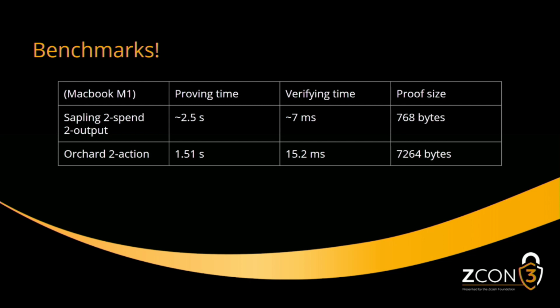And verifying time, well, this would be roughly about the time to do batched verification of all 4 of the Sapling proofs, because on order it's about, I think, something like 4 or 5 milliseconds, and then it's like 1 millisecond extra for each additional Groth16 proof you're verifying. And we end up with a total proof size of 4 Groth16 proofs of 768 bytes. And if we compare that to Orchard, we now have a proving time for a 2 action of 1.5 seconds, so we are faster than Sapling, and a verifying time that is really within cooee of what we had for